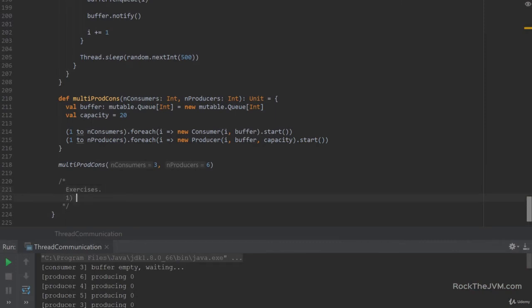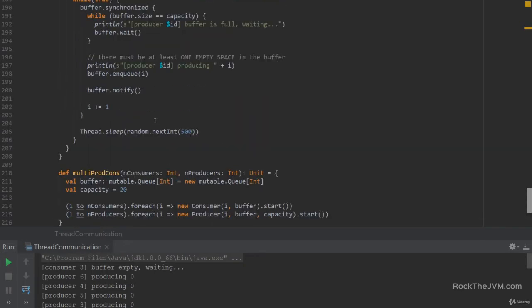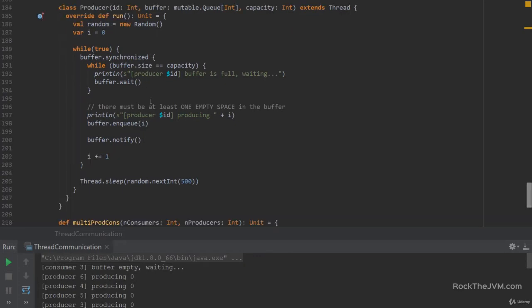1. Can you think of an example where notifyAll is different or acts in a different way than notify? I'm asking because in this case with multi-producers and multi-consumers, I can easily change notify for notifyAll and the